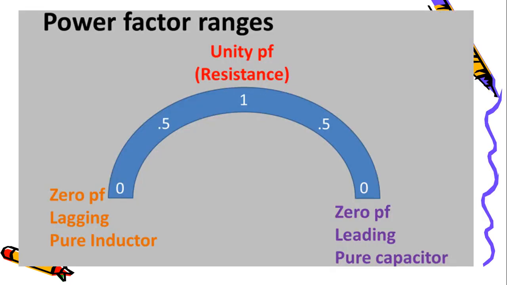V curve. Before going to the V curve, let us remember or revise our power factor ranges. The power factor ranges from 0 to 1 in two sections. In the lagging area, 0 to 1 power factor is available, 0, 0.1, 0.2, 0.3, up to 1 lagging section, and leading also similarly it will be having 0 to 1. So this is the range of power factors we know,